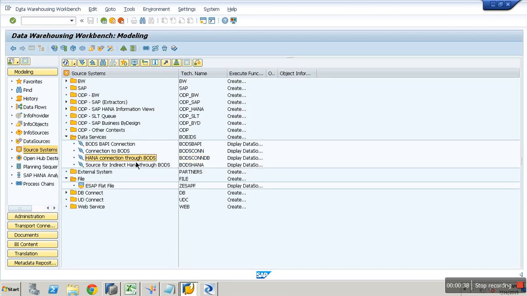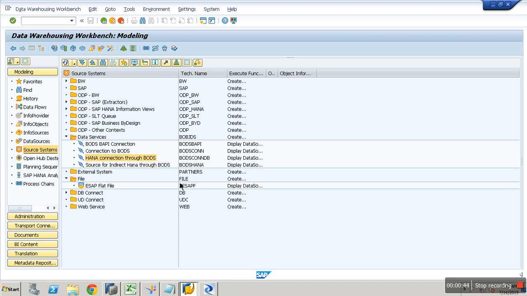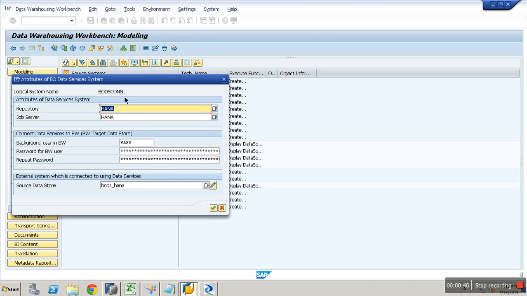We create this, one was with BAP connection normal, we never specified any data store. But if you see this next one with DB connection, we specified the data store connection here. Yes or no? If you say change, we specified